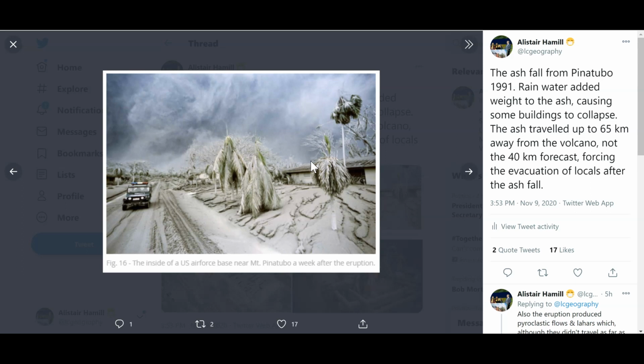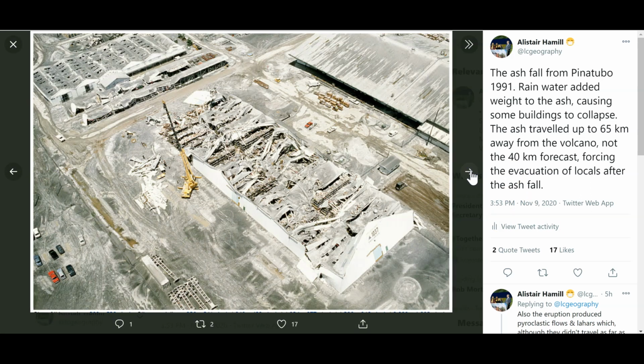Now, that ash, however, will relatively quickly fertilize the soil a little bit better. So that's part of the reason why you get so many people living near volcanoes, because these materials that come out in the longer term are going to give more fertile conditions for the people living there. But in the short term, the environmental impacts are really quite considerable. Here we have an example of why the ashfall in this particular case was so devastating, because the ash that's sitting on top of the buildings, 2, 3, 4 inches thick, may not be particularly devastating in and of itself